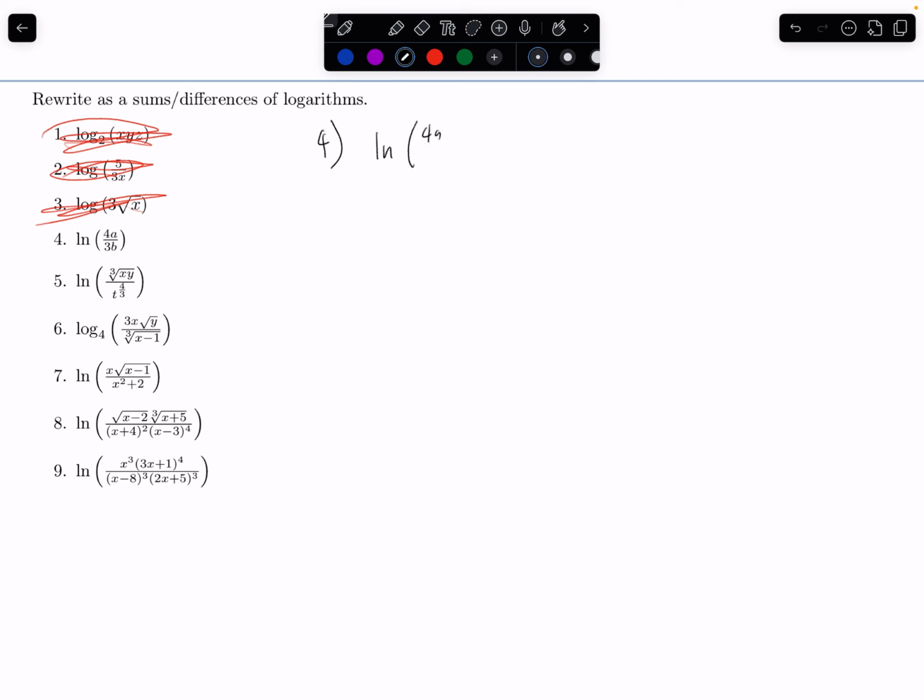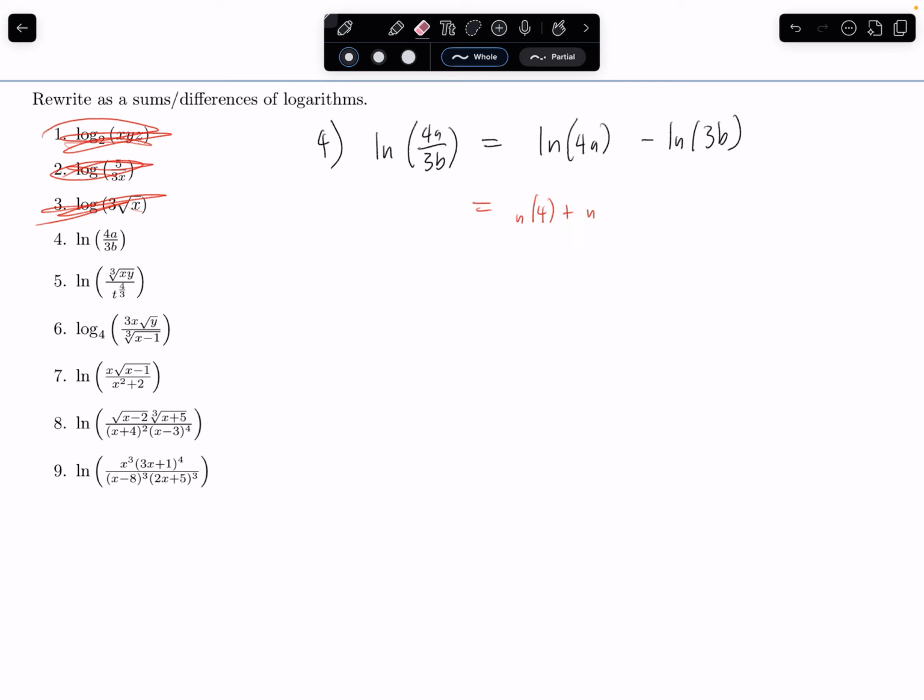Okay, here we have the natural log of 4a over 3b. Let's split up into the differences first. That's ln of 4a minus ln of 3b. And then same thing as before, right? This is natural log of 4 plus natural log of,